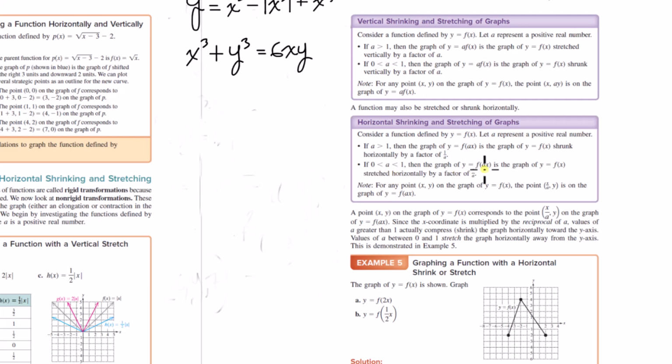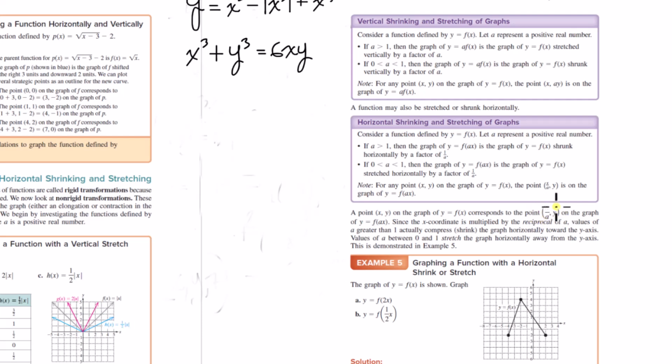So first of all, what do they mean by stretch or shrink? What exactly does that mean? Here's what it means. If you start off with a basic form of a graph, f of x, if you are shrinking that graph by a whole number factor a, just think about a positive number at the moment. We're not multiplying any variable by a negative number. Let's think about any positive number that's greater than 1, okay? If you are going to shrink that graph f of x about the x-axis by a factor of a,